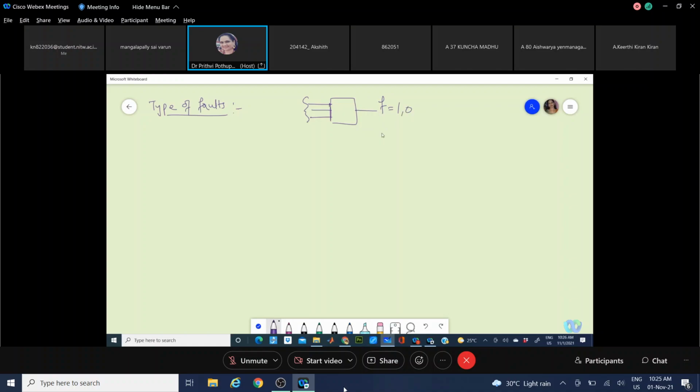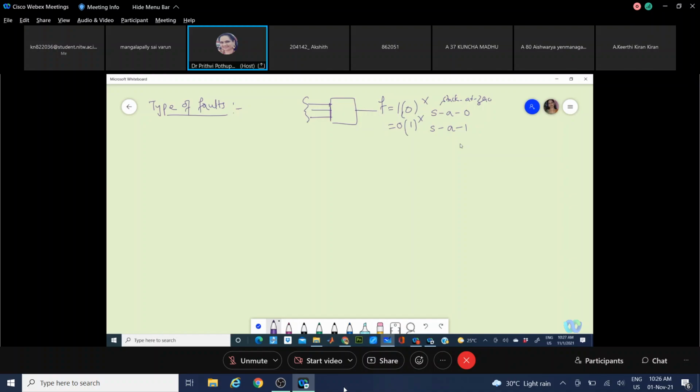Say what we have is 1 and 0. A circuit which is designed to give an output 1, if it is generating a 0, this is a fault. We say that the type of fault is stuck at 0. When you design a circuit to give an output of 0, if you get 1, this is also a fault. That type of fault we call stuck at 1. So the types of faults you have in the designs are either stuck at 0 or stuck at 1.